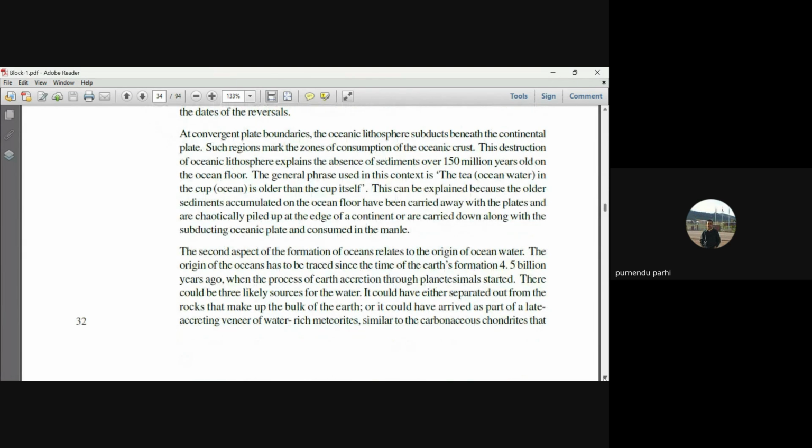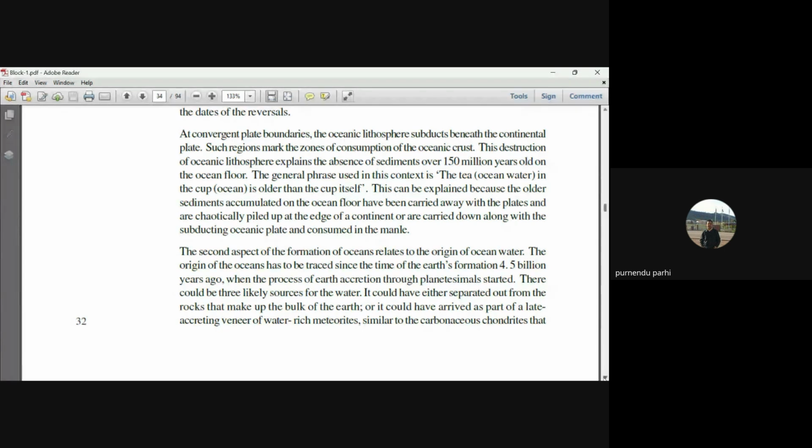The second aspect of the formation of ocean relates to the origin of oceanic water. The origin of ocean has to be traced since the time of the Earth formation, that is 4.5 billion years ago, when the process of Earth accretion through planetesimals started. There could be three likely sources for the water. It could have either separated out from the rock that make up the bulk of the earth,